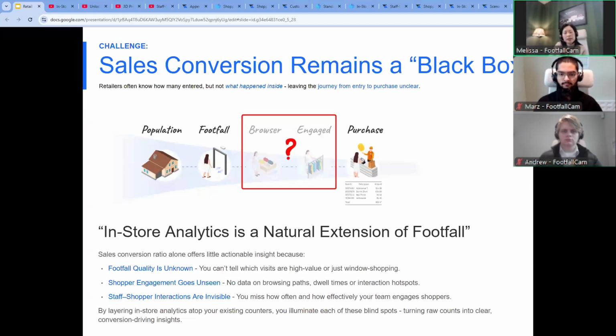So in-store analytics is now a natural extension to footfall, because of course you need to have your footfall counting first, then you need to talk about your in-store analytics. Sales conversion ratio alone offers very little actionable insight. Yes, my sales conversion is 20%. Then what else? Do I just tell my staff to work harder and reward them for a higher conversion,